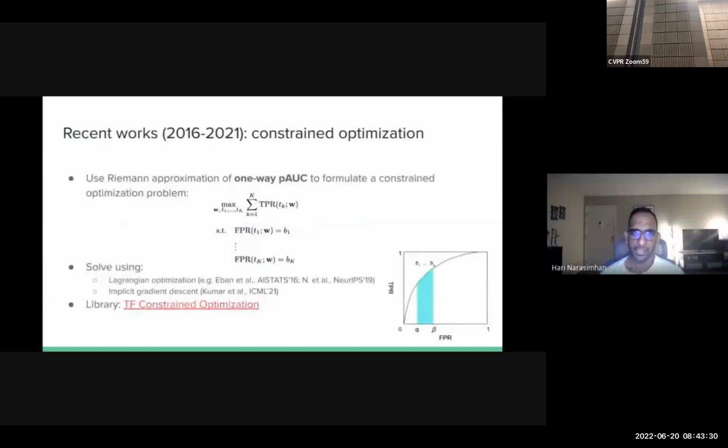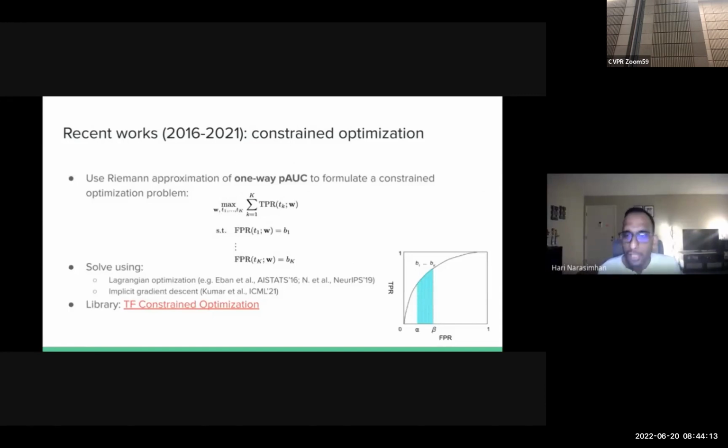So one notable innovation in the last few years has been the use of constrained optimization for maximizing common evaluation metrics. The idea here is that rather than trying to come up with a surrogate objective for the metric that we care about, why not directly try to compute the metric from first principles? For example, when it comes to the partial AUC metric, the constrained optimization formulation directly seeks to compute the area under the curve using a standard Riemann approximation. Now, what this would amount to would be to